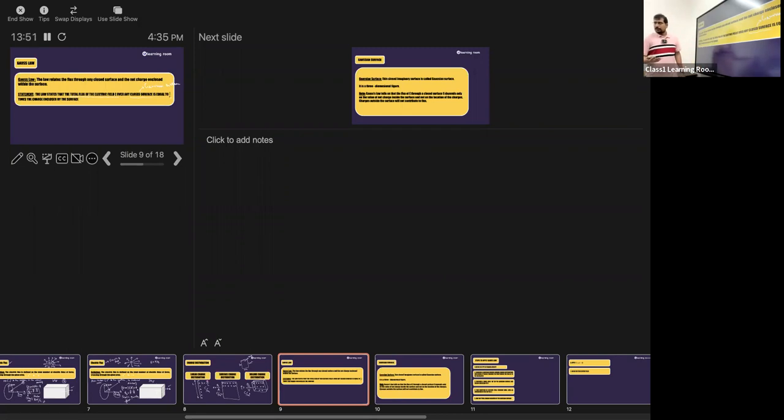How is flux represented? With the symbol phi. So if you know the total flux through a closed surface, this will be equal to 1 divided by epsilon naught times the charge enclosed by the Gaussian surface. This is the mathematical statement. With this, you can find the electric field in very few steps. Now, what is the formula I told you yesterday? It is E vector dot A vector. E vector dot A vector is equal to charge enclosed divided by epsilon naught.